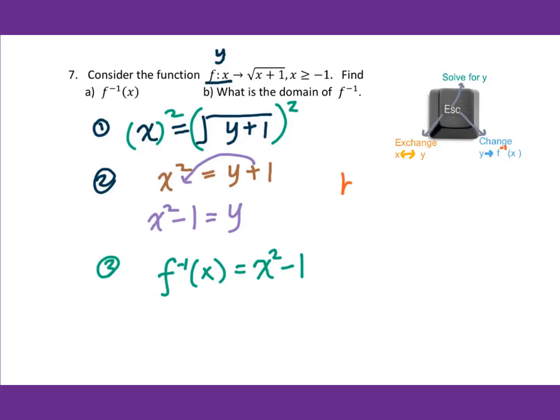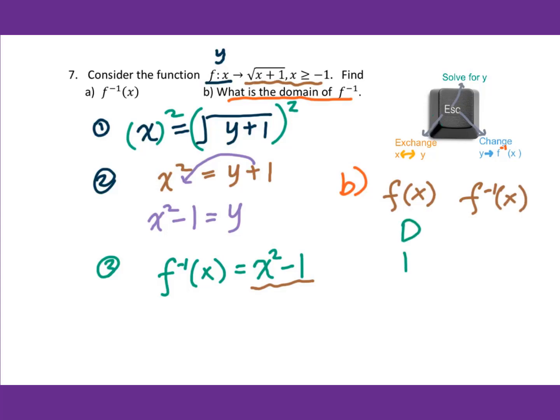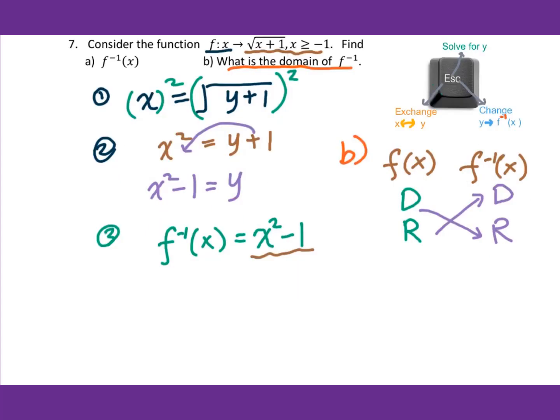Then for b, we need to figure out the domain of the inverse function. Do not rush and say the inverse function is x squared minus 1, so the domain is all real numbers. It's not. You have to check back the range of the original function. For the original function and the inverse function, the domain and range switch. Therefore, you cannot just look at the inverse function and say, oh, this is a quadratic function, the domain is all real numbers. It's not. You have to go back and check